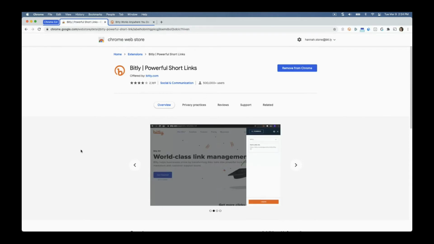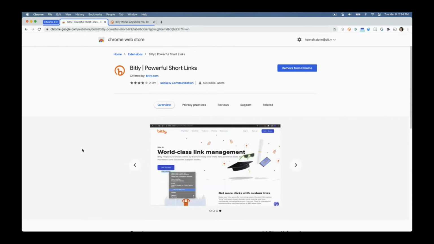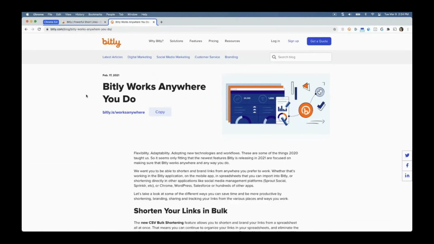You sign into bit.ly. When you're ready to start creating those links inside of your bit.ly Chrome extension, it really mirrors the way that you create a link inside of bit.ly. You have a lot of the same capability in there. So I actually have a blog post about today's session about all of the different ways that bit.ly can work anywhere you do. Now, we already have a short link that's ready to go that you can copy, but if I wanted to copy this or if I wanted to shorten the link to this with my own domain, there are a couple of different ways that I can get that Chrome extension open and create that link right on